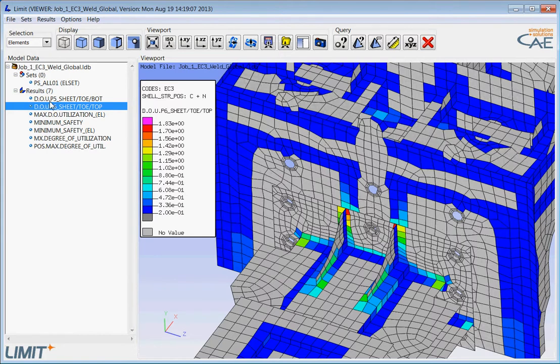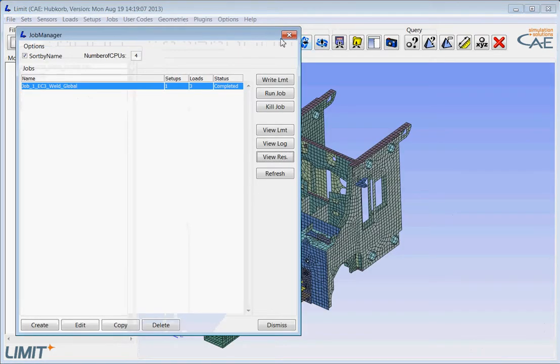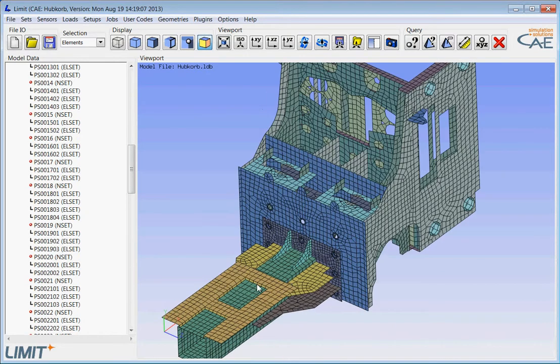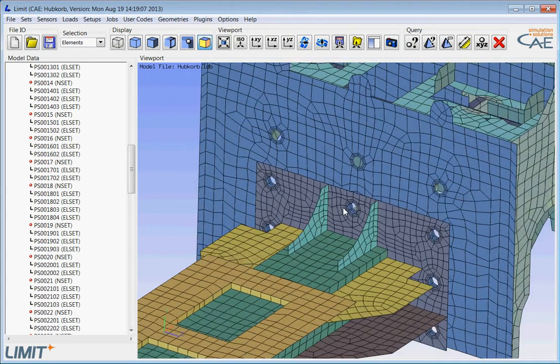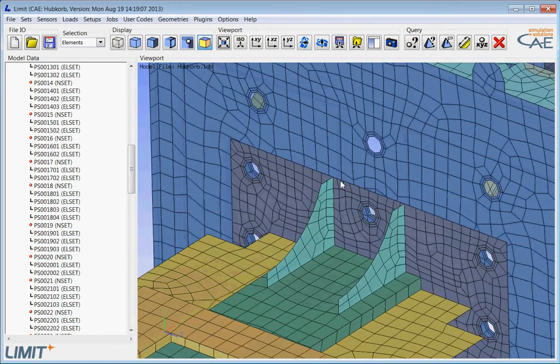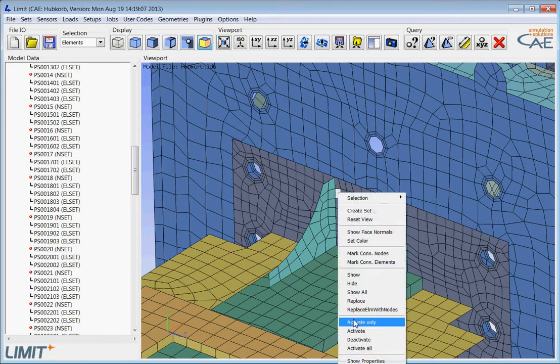So I will close the viewer once more, and I will move back to the preprocessor. Now actually I don't know in which weld set my critical elements can be found. So what I do is I just click on one element. It is highlighted in white, and when I push the